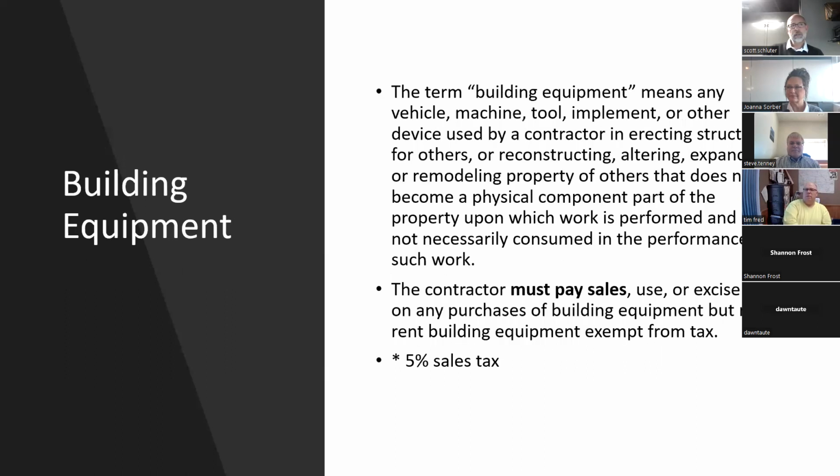Next here. So building equipment are the following. They don't become part of the property, but they're used in performing that construction contract. A contractor is assessed a 5% excise tax for the purchases of building equipment. The second bullet point, I want to make sure that this is understood, because this is an opportunity for possible refunds as a contractor. So if you rent building equipment,